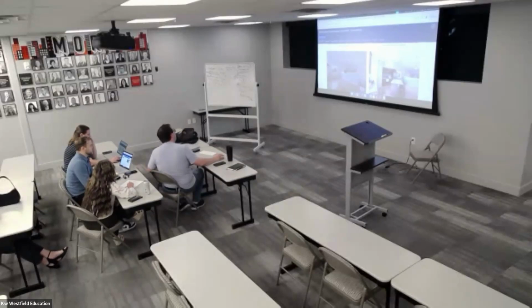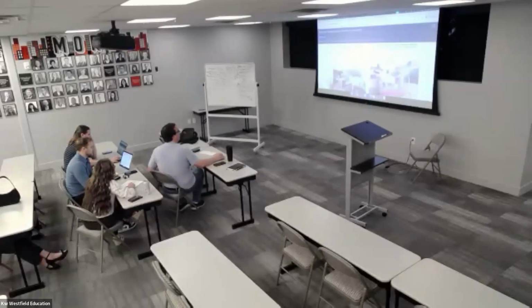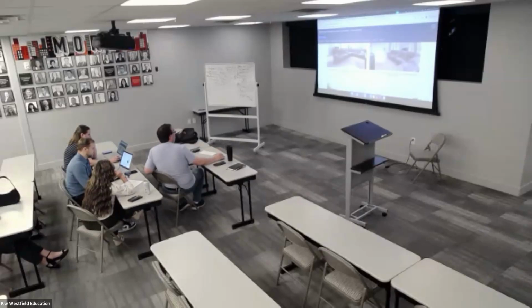This color is out of vogue. This light fixture is out of vogue. The kitchen layout's kind of weird too. I admit I don't hate that kitchen layout, but I do see what you mean. So I would put this in the B minus, C plus range. And again, this is just a mental crutch to bookmark the condition of the property. You don't need to get too obsessed with it. You might invent a 12-tier quality system where you're like, this is a 7, and that's fine. Whatever works for you.